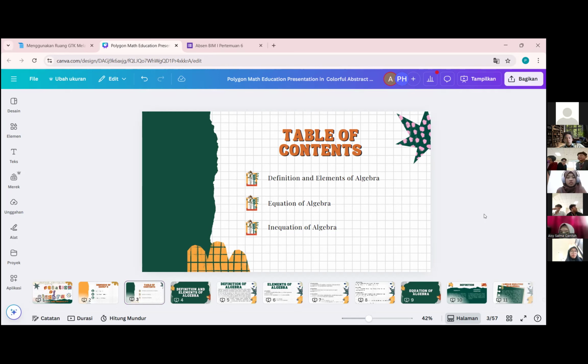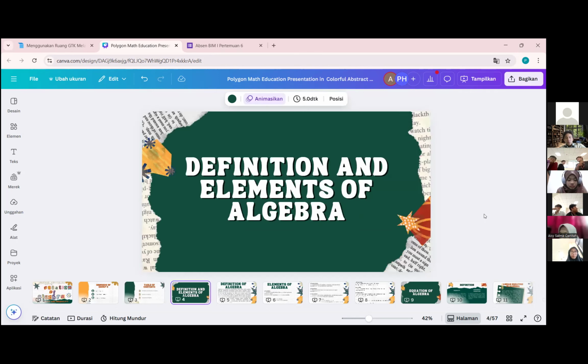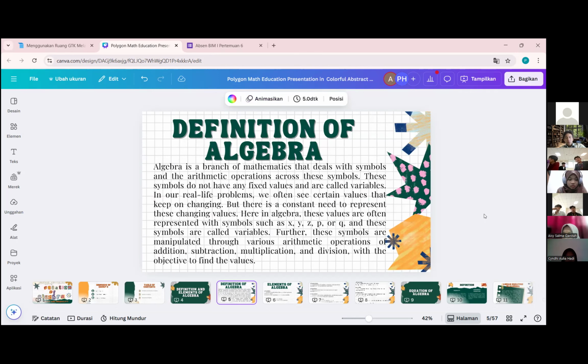Kemudian lanjut. Sebenarnya slide 3 tadi itu cuma itu aja salahnya. Di slide setelahnya nggak ada in equation, kamu sudah pakai inequality, sudah benar. Cuma judul atasnya aja di slide 3. Kemudian di halaman 5, operasi pada bilangan di aljabar itu termasuk akar pangkat dan perpangkatan juga, jadi bukan hanya addition, subtraction, multiplication, division.